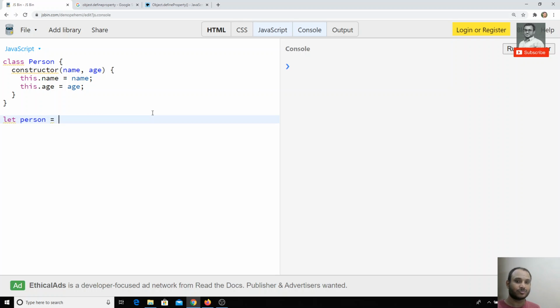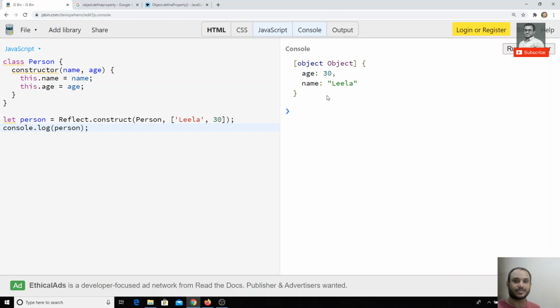Now, these concepts are about Reflect APIs, right? So we will create an object using Reflect only. How can we create an object? Reflect.construct. First, I need to give the class name. If the constructor takes any parameters, I need to pass them through an array. The constructor takes the parameters name and age, so I will write it like this. I created an object. Let's print that in the console so that we can see whether the object is created or not. If I run it, yes, the object is successfully created.